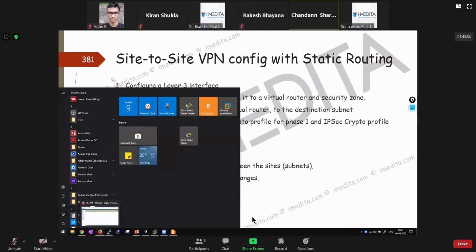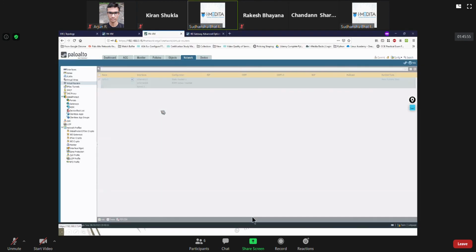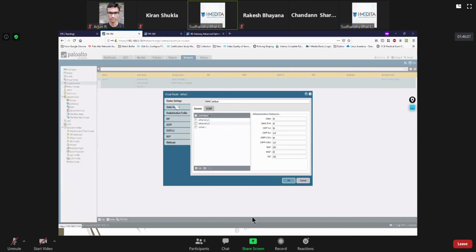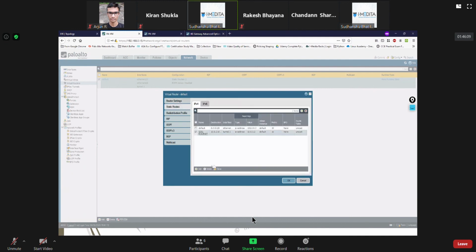See, if I remove this static route, if I forget putting in the static routes here, okay, I'll remove it from one of these. Suppose I delete it.